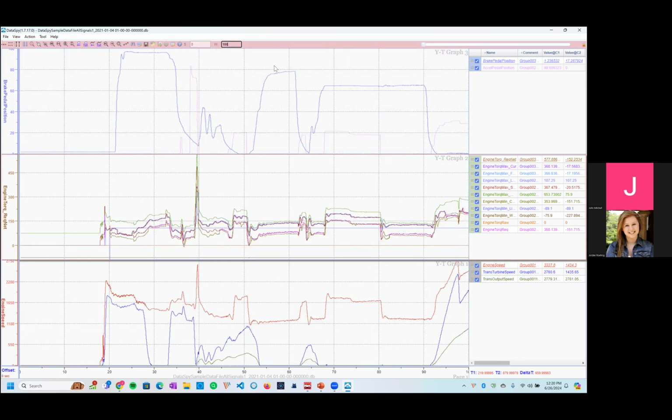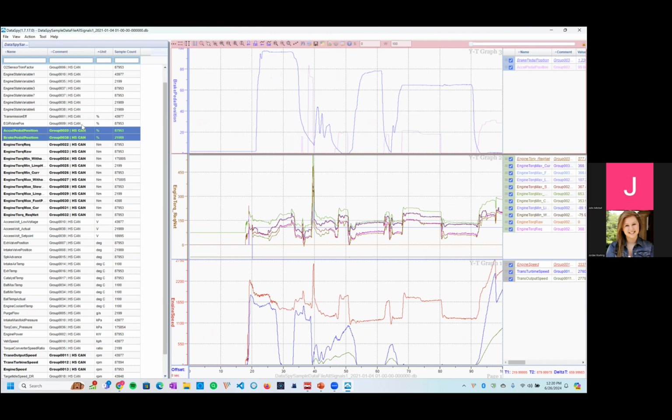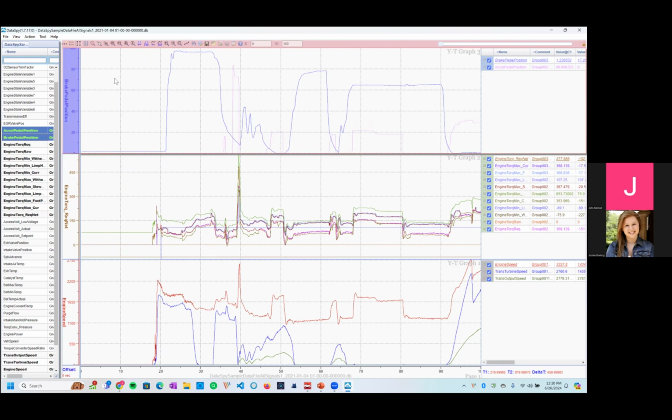Most of the features for DataSpy are shown in the toolbar across the top. I'll turn the channels list back on here. If you hover your mouse over the buttons, the first tool button gives you a floating description of what the button does. So this one is for creating a subset. You click on this, and